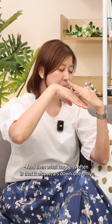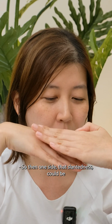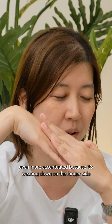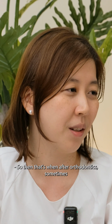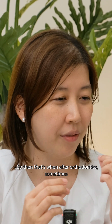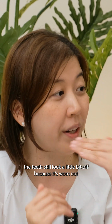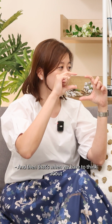So, and then what happens often is that it also wears down unevenly. So then that slantedness could be even more accentuated because it's wearing down on the longer side and things like that. So then that's when after orthodontics, sometimes the teeth still look a little bit off because it's worn out. Sometimes it's one long and one short. And then that's when we have to think about...